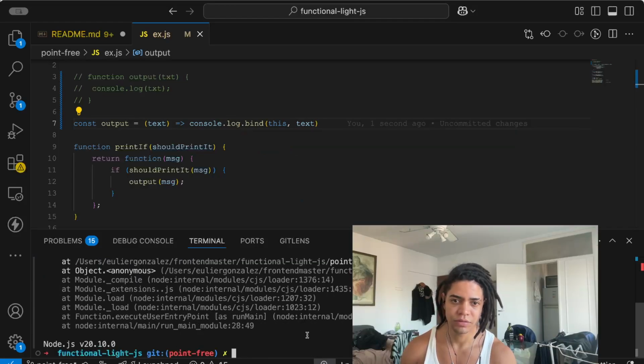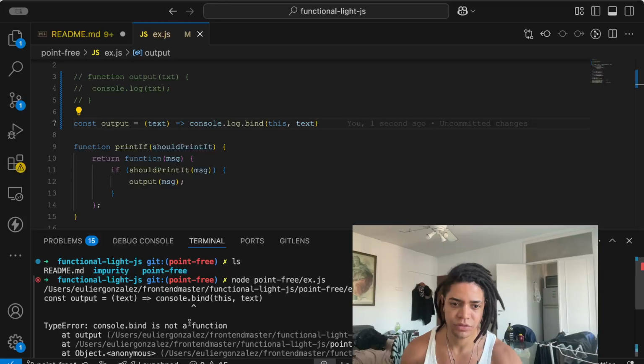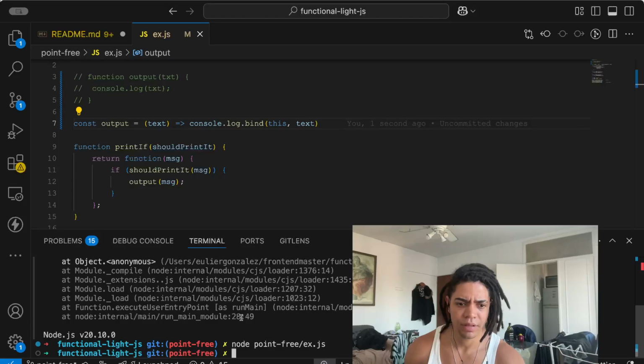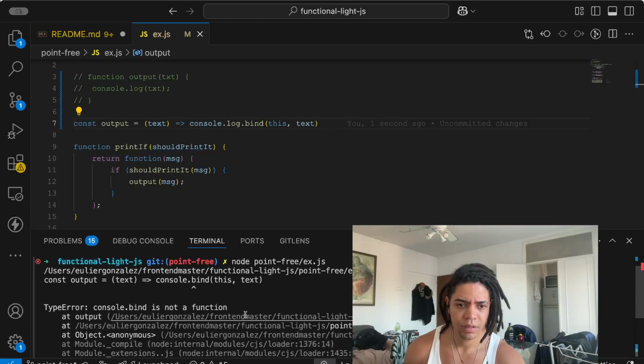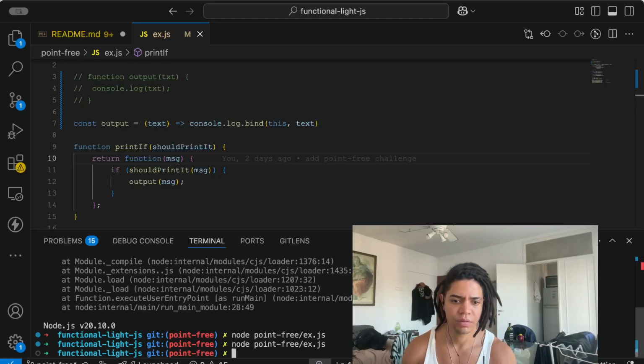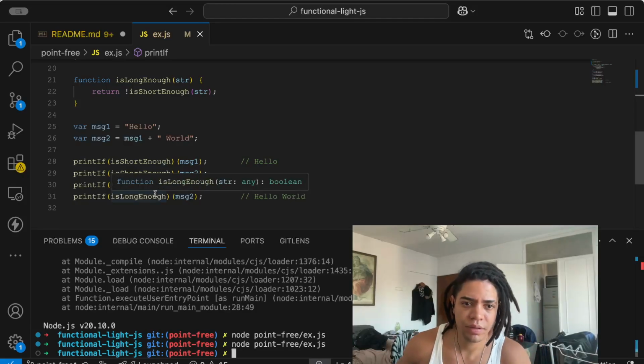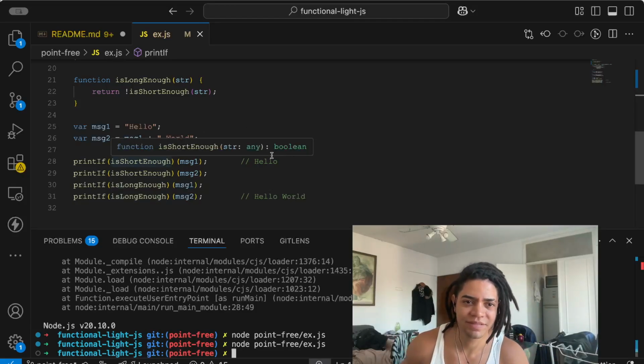It's not a function, right? So by the time you do this, you say, hey, this is not a function, console. You didn't update that. It's like you didn't update that. Yeah, you didn't update that. Okay. What about now? Oh, okay. It runs. It runs, but